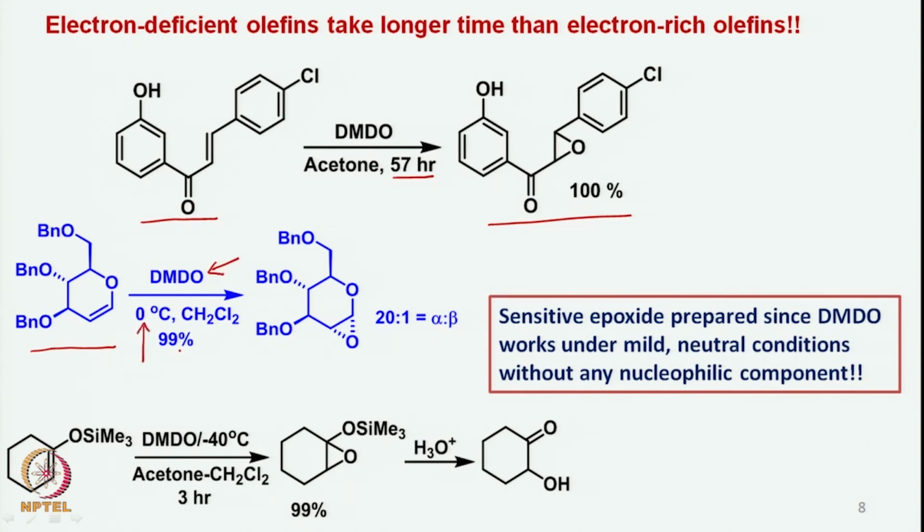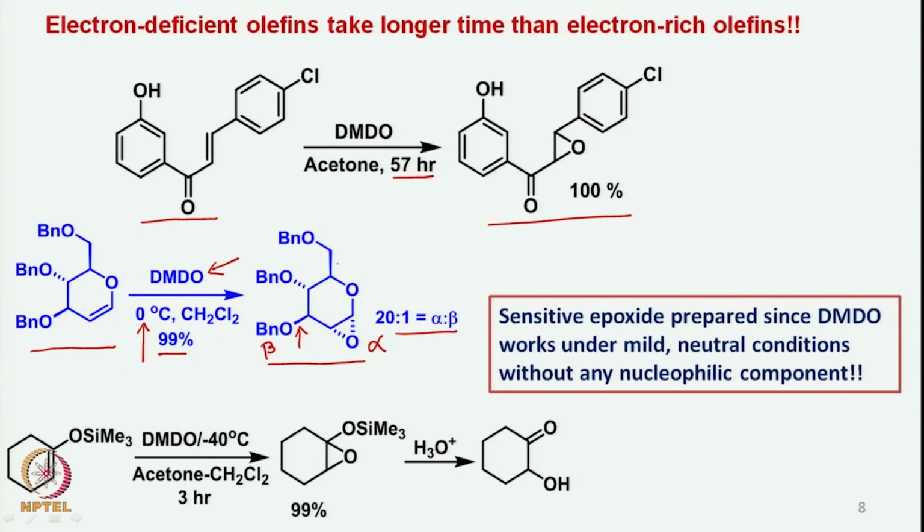This is the reaction after isolating the DMDO, that it leads to 99% of this epoxide. Since these groups are here, or particularly this group is beta oriented here, the epoxide forms from the alpha side. So, you can see here 20:1 is the alpha beta ratio. But then this epoxide is a very